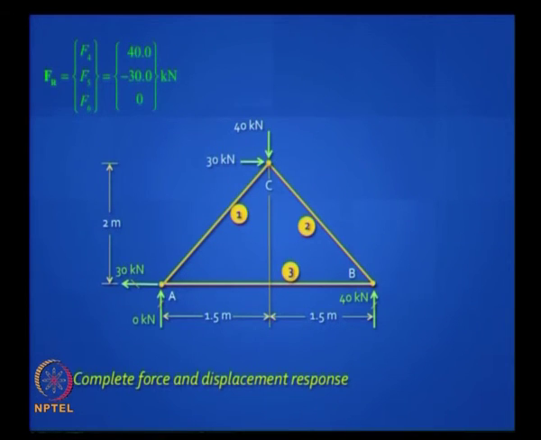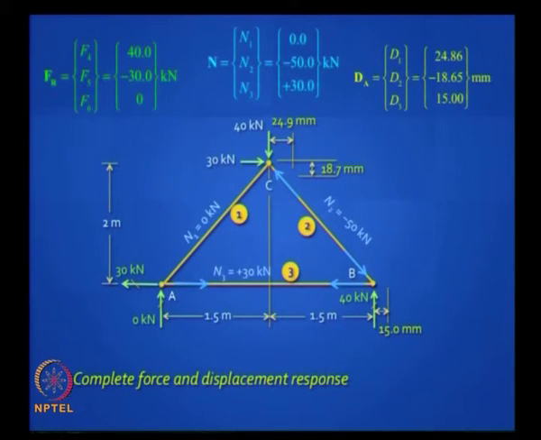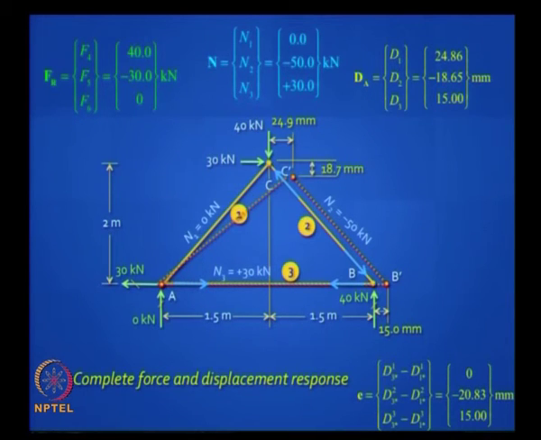You can draw your reactions, axial forces you can mark, even displacements you can mark, you know the joint displacements you have got, you know d1, d2, d3, draw it to some scale, and you can even sketch this, and if you are really interested you can also get the member bar elongations as EI is d3 star minus d1 star. You have got everything, you have got the complete force response and the complete displacement response for this loading.